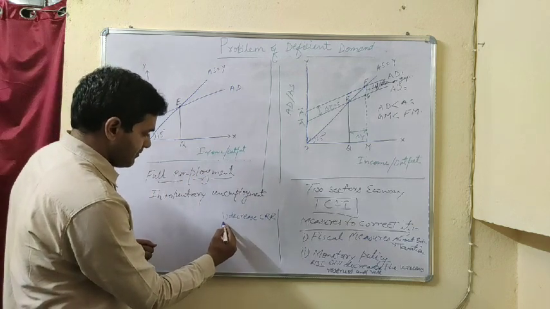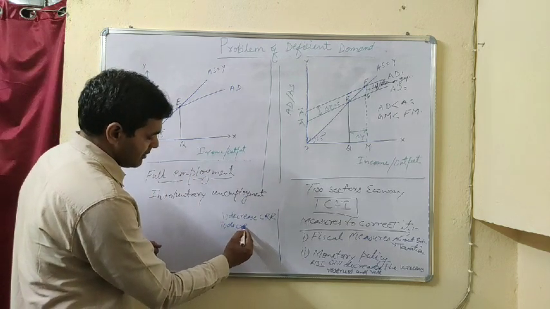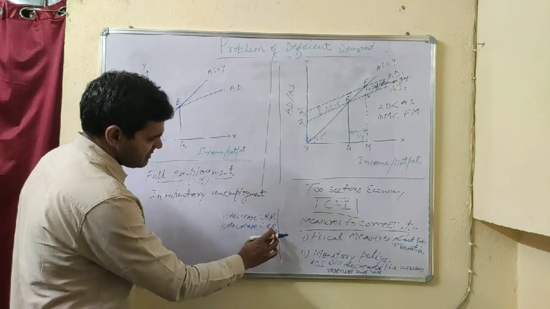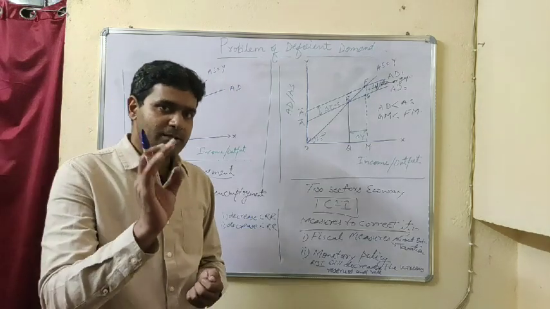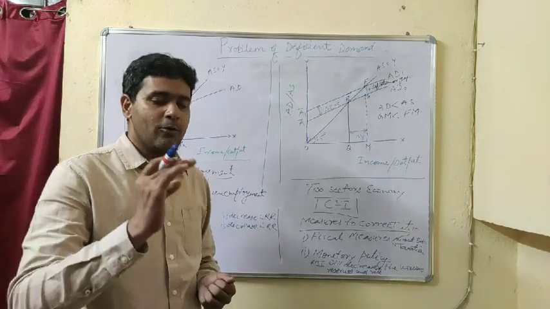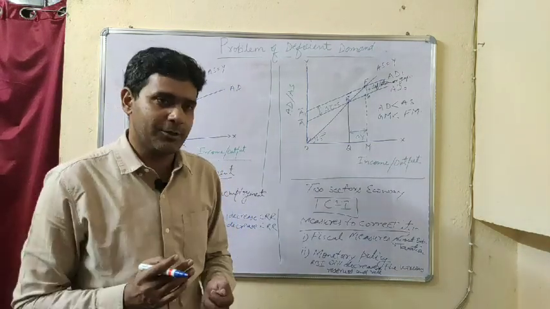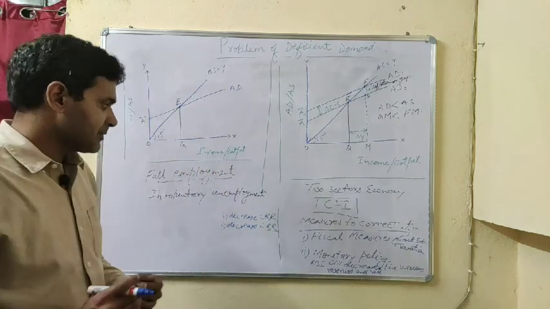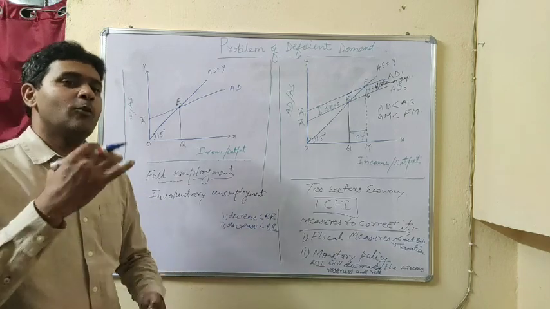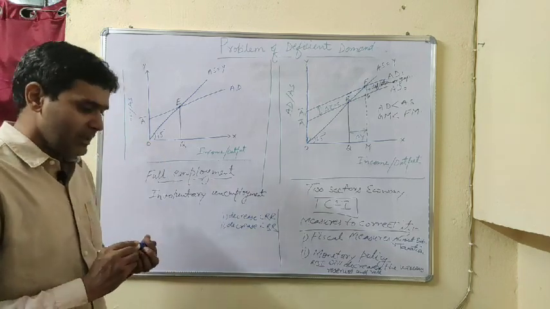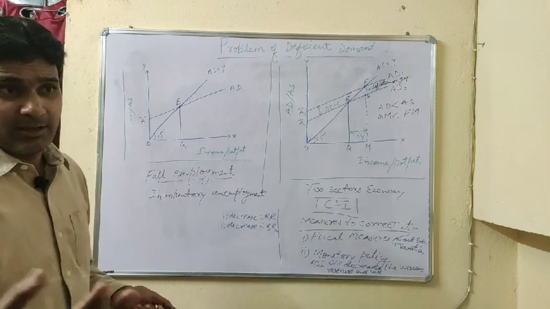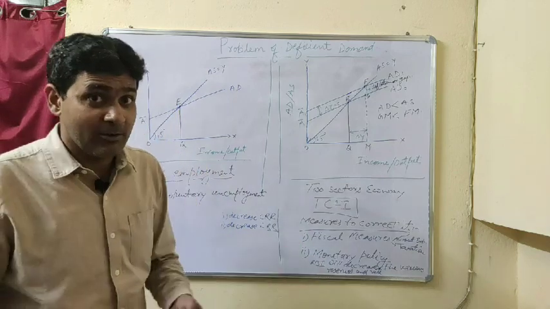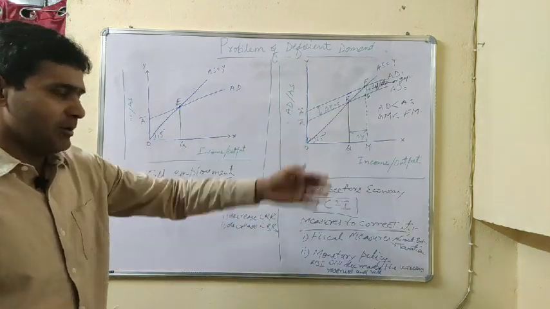Then a decrease in RR. RR means repo rate. Repo rate is the rate at which commercial banks can borrow money from the central bank for a short period. So if this decreases, they can have more money from the central bank, and more money will create more credit in the economy. More credit means people will have more money, more purchasing power, and hence the problem of deficient demand